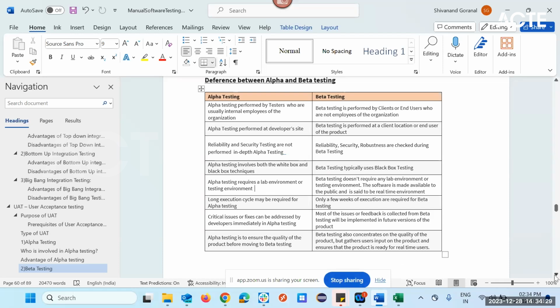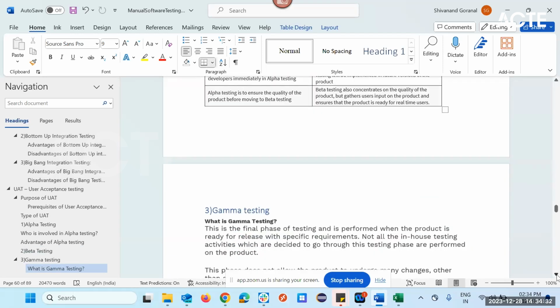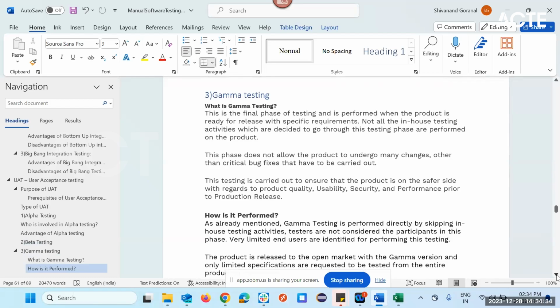So it is very easy, which we have discussed above. That is the difference between alpha testing and beta testing. So what we are discussing here now,